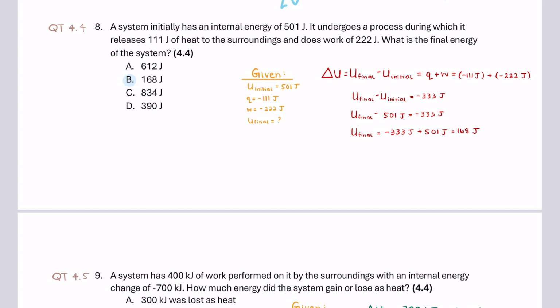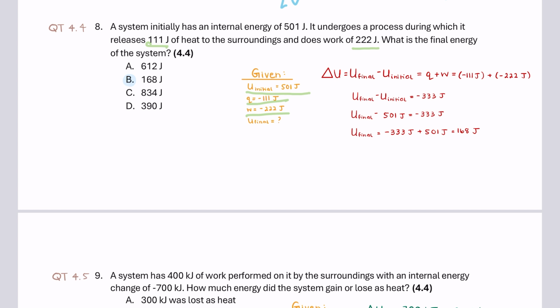Let's start by identifying what we're given. The initial internal energy is 501 joules. The system releases 111 joules of heat. That means heat is leaving the system, so Q is negative 111 joules. Then we're told that the system does 222 joules of work. That means energy is being used by the system on the surroundings, so W is also negative